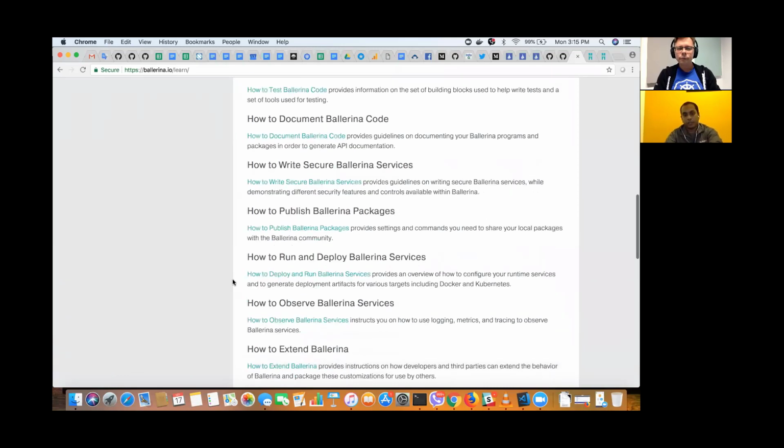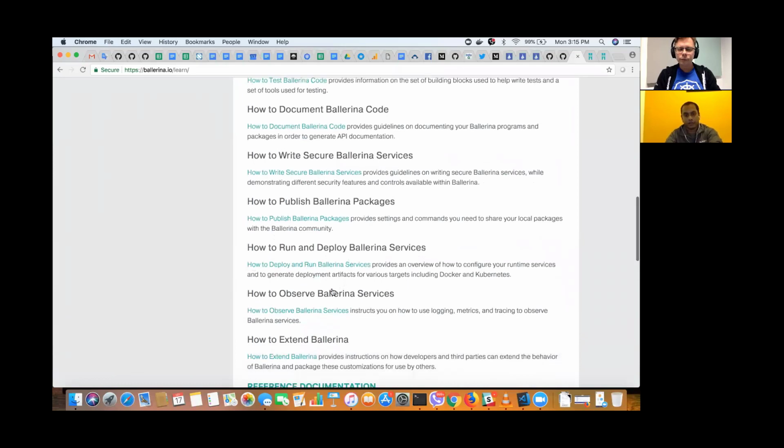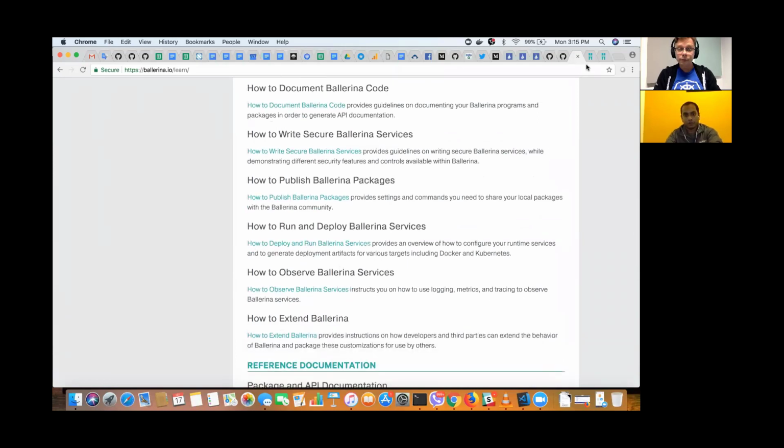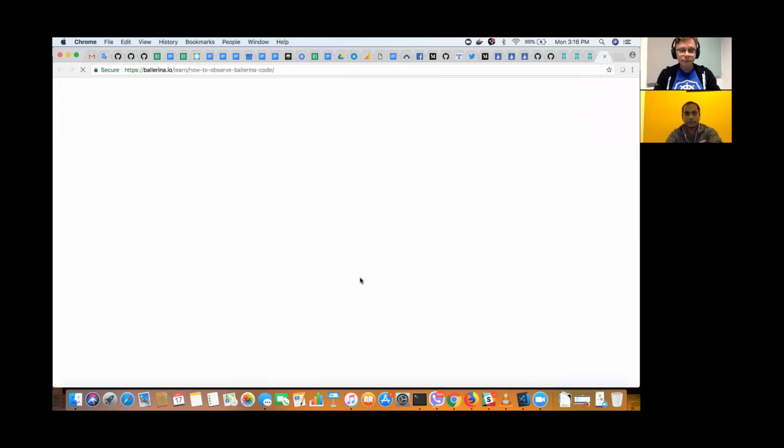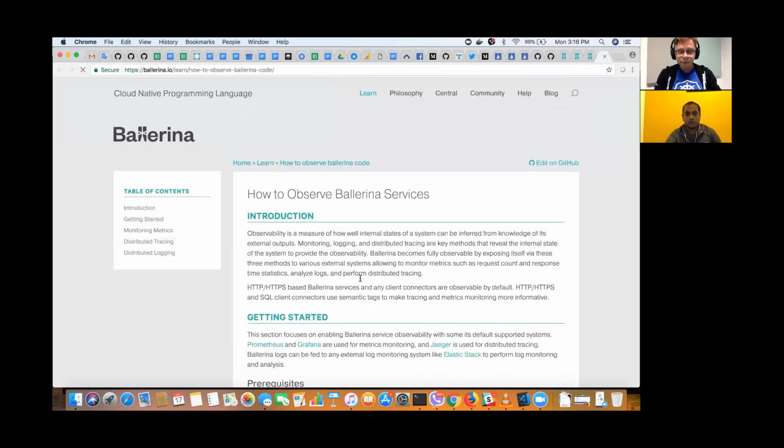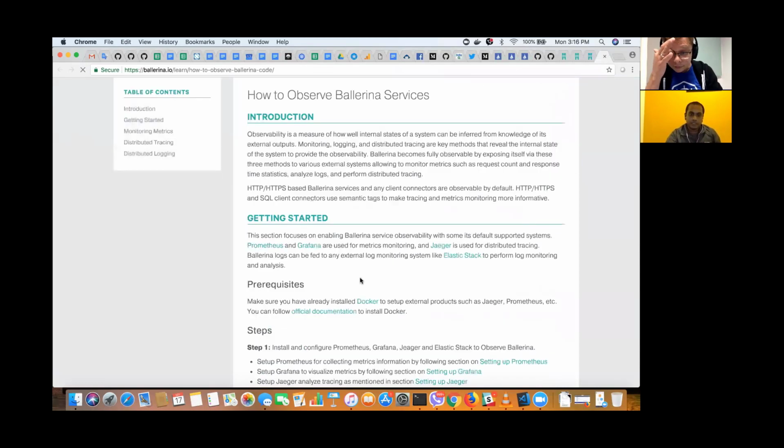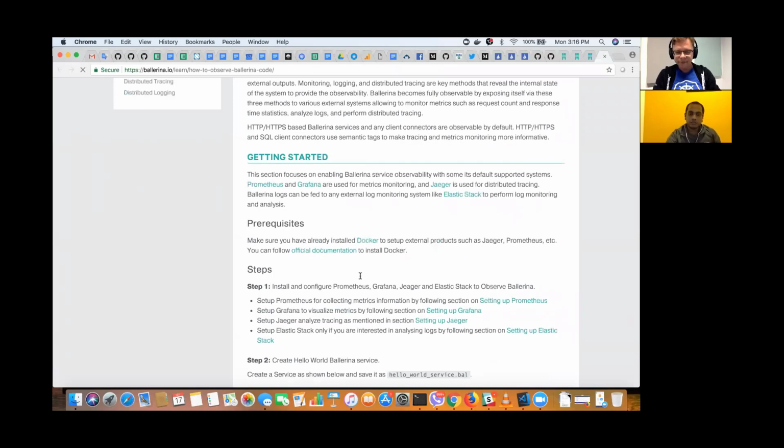So observability is also built into Ballerina. It has all the integrations, Prometheus, Jaeger, all integrated into the runtime.